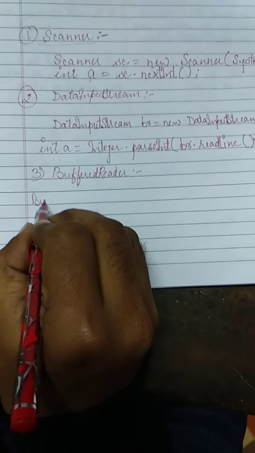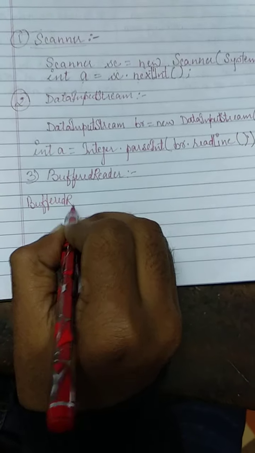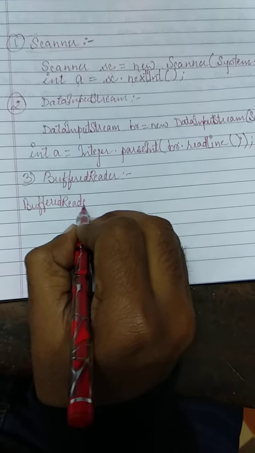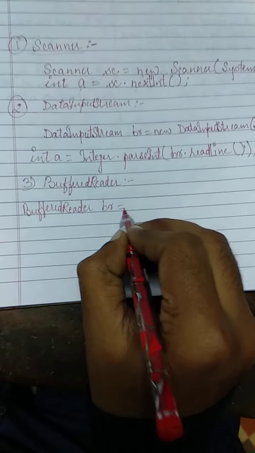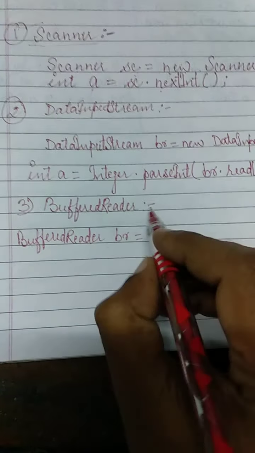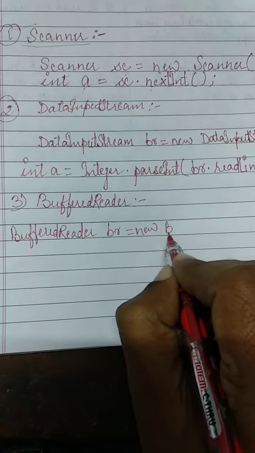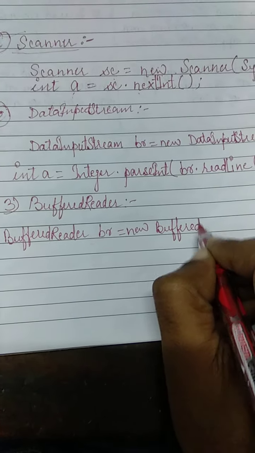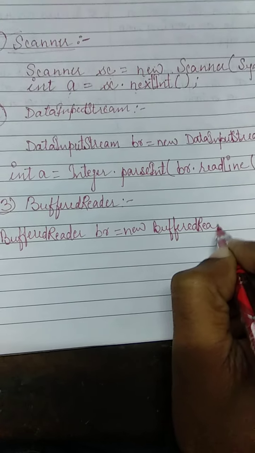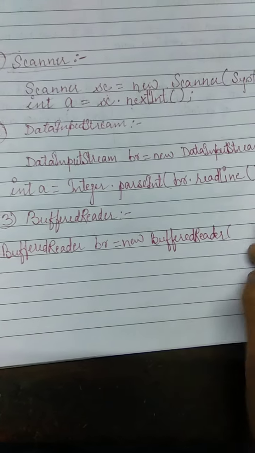First of all you need to write BufferedReader, again no space, then the object of this class, br equals new BufferedReader, within brackets